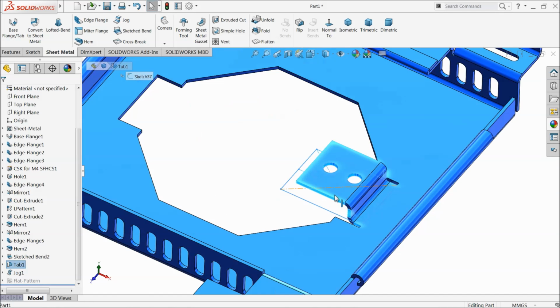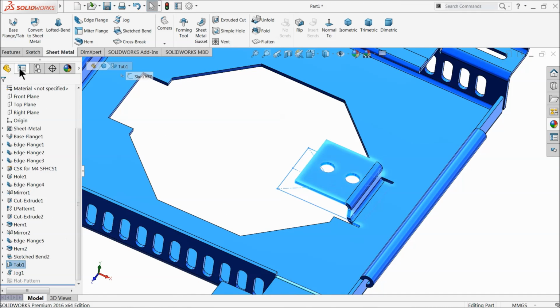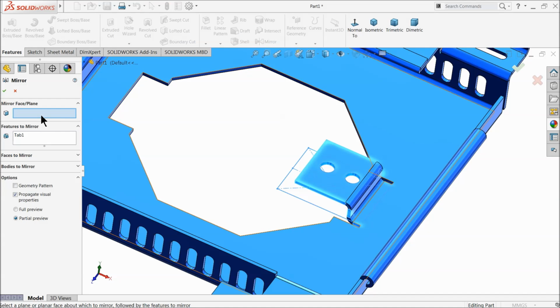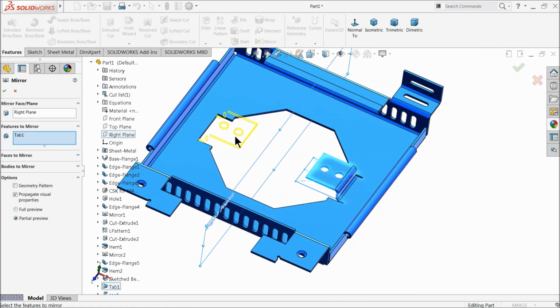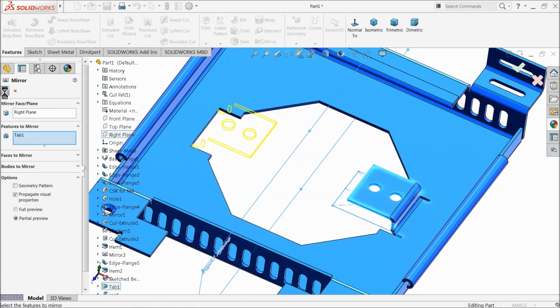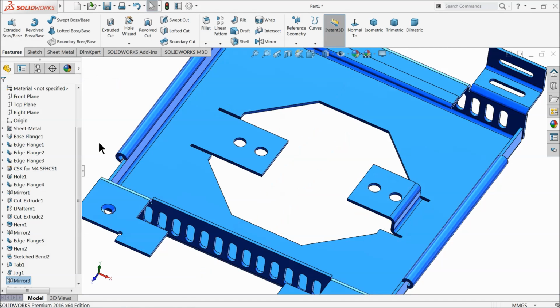Now this geometry what we created, we will just mirror it. Go to feature, mirror, select here right plane. Okay. See,